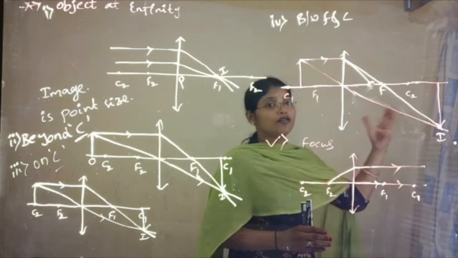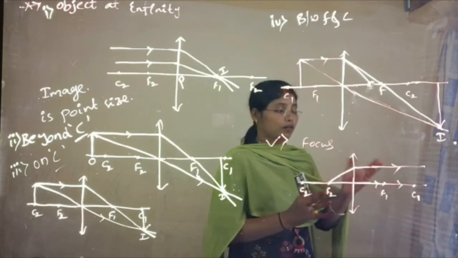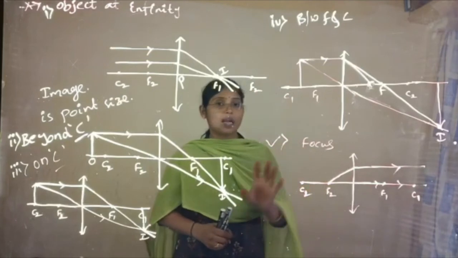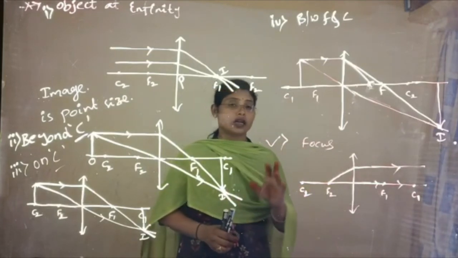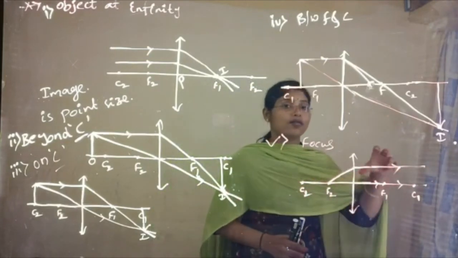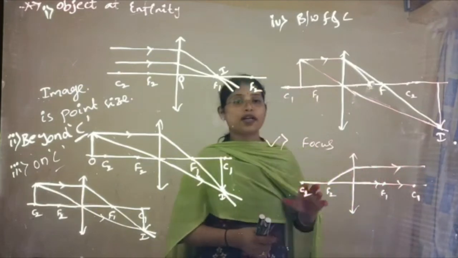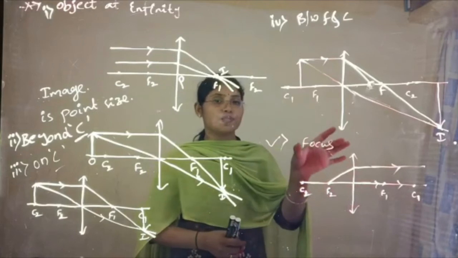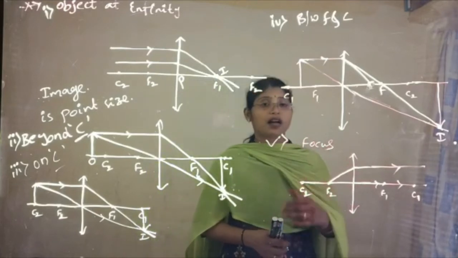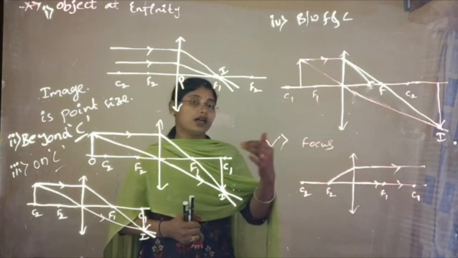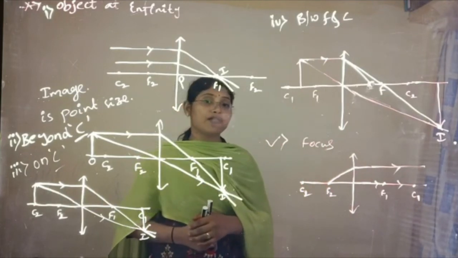So when the object is placed at focus, we are getting the image point at infinity. We cannot get that image point. So if the object is placed on focus, we are getting the image at infinity. Okay, next, the last and important case: if the object is placed in between,